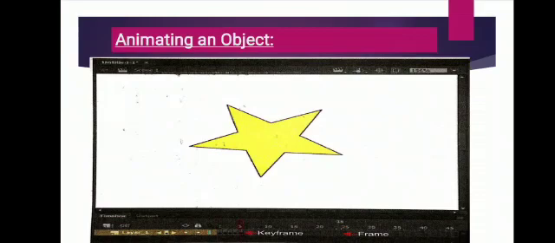Now select the second frame. Click on the insert tab, timeline and keyframe. Then frame 2 will be selected. Now from the selection tool, change the position of the star and its color also. So in the starting it is of red color, now it is of yellow color, and its position also changed. Now click on the third frame of the timeline and press F6 to insert the keyframe.